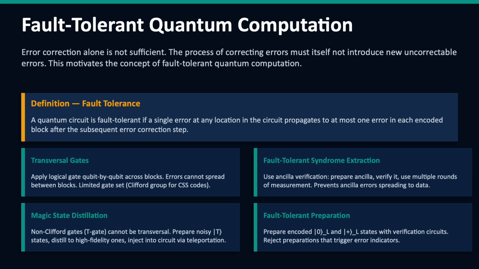Having a good quantum error correcting code solves only part of the problem. Even if you can store quantum information reliably in an encoded state, you still need to perform computations on it. And the gates, measurements, and operations that make up the computation are themselves sources of errors. If the error correction process itself introduces errors that are spread through the code and corrupt the logical information, then no amount of clever encoding will save you. This is a challenge that fault tolerant quantum computation addresses.